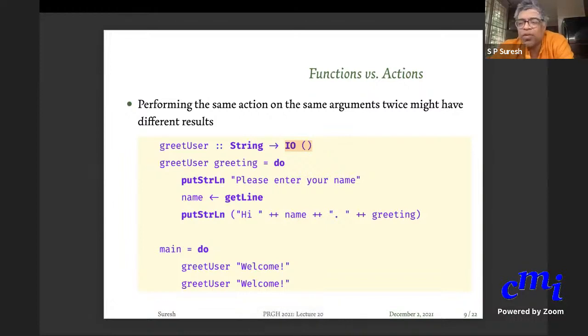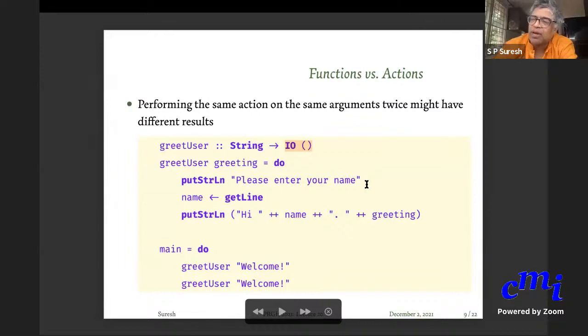Will the behavior be the same or will it be different? Sir, you can enter two different names then. Exactly. Therefore, it will be different. The outputs will be different in general, because first time I called it, second time Swaminathan called it, third time Vijayan called it. Then Srimati calls it. Everybody gives their name, so this putStrLn message will be different, even though as a function name, this is the same function with the same argument. If there were no IO here, then of course greetUser welcome would always give the same result, no matter how often it is called.